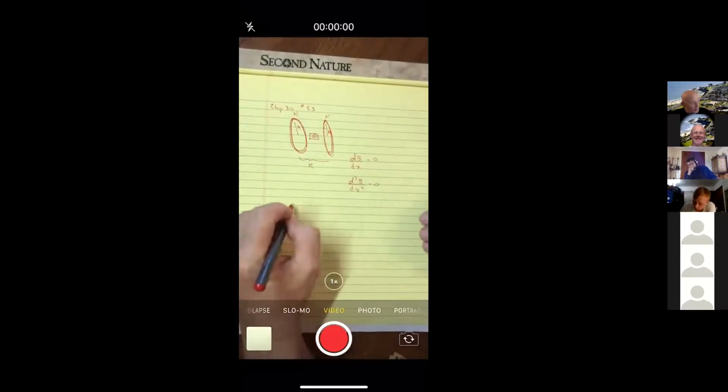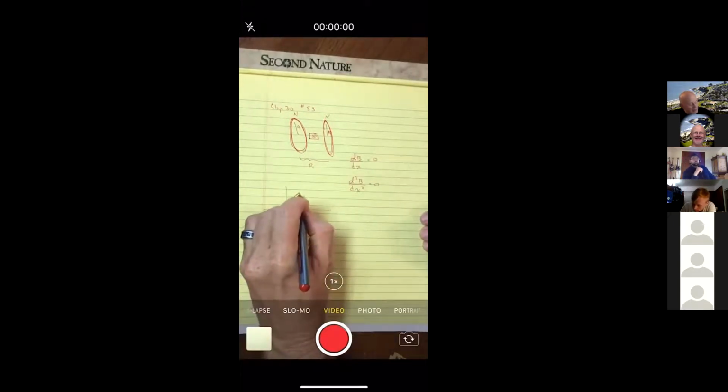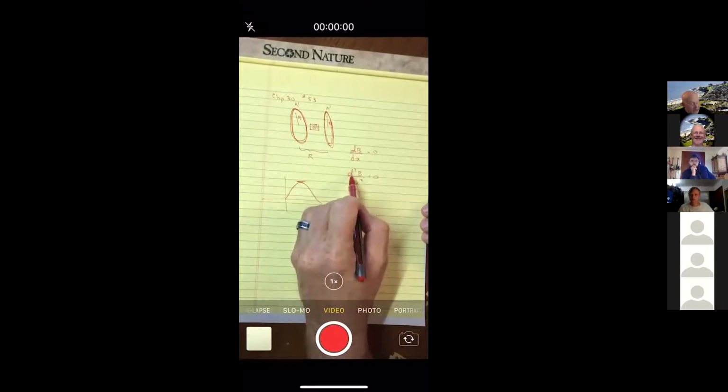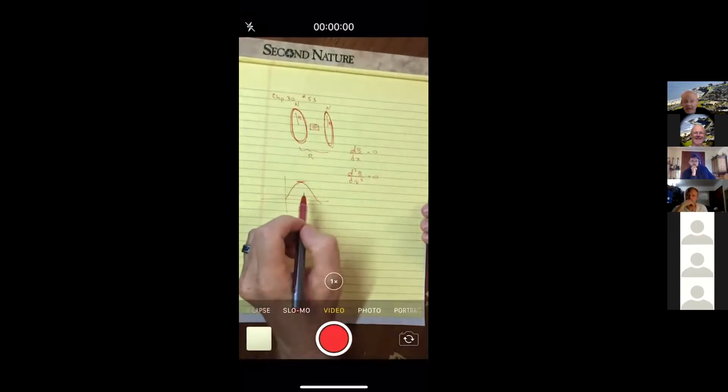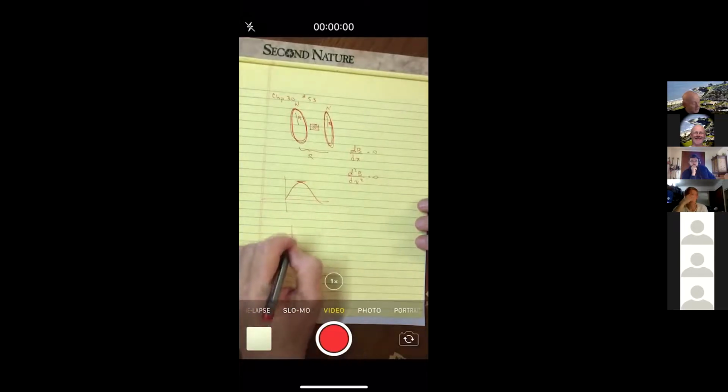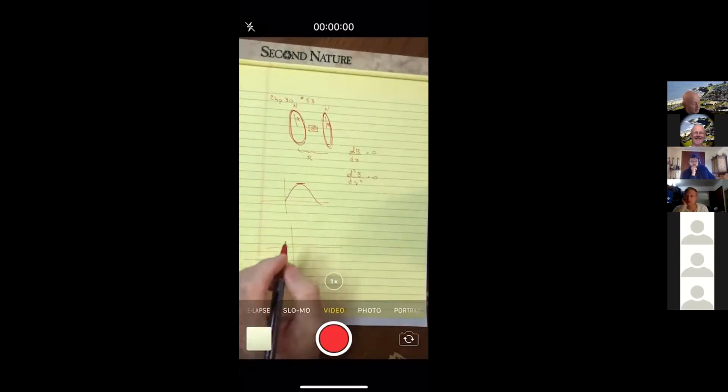As you know from your math class, if the first derivative equals 0, that just means you might peak up at a maximum or peak down at a minimum, but it could be changing. But if the second derivative is 0, that means it has no concavity to it. And so functions that look like this would maybe do something like this. Maybe they would go up and they would have to plateau